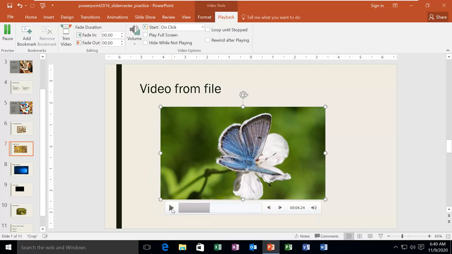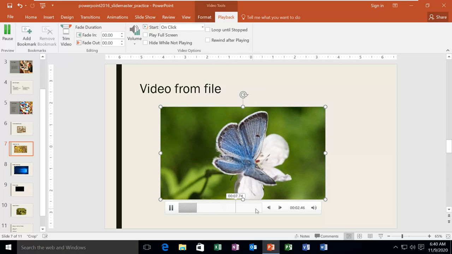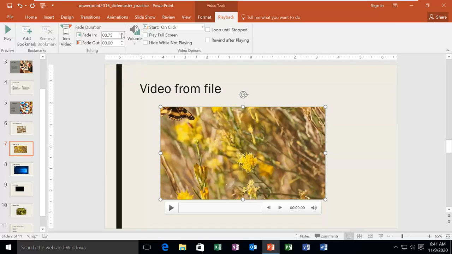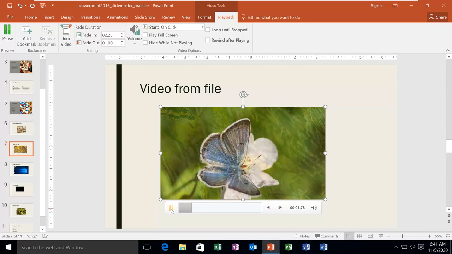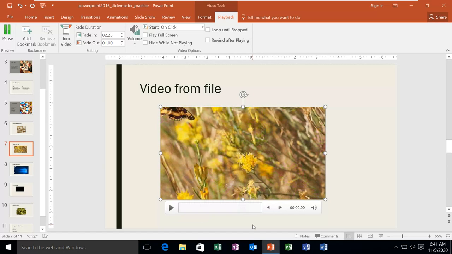Now if I play here, you can see it suddenly starts and it ends suddenly, normally. Now I want to add fade in and fade out, so in the playback tab, I have this fade in and fade out time. For fade in, I will increase whatever time I want in seconds, and I can increase the time for the ending also in seconds. Now when I play, it comes in fading in and then it goes out fading out.